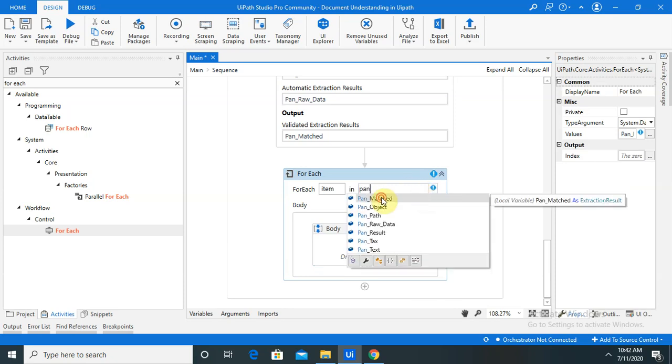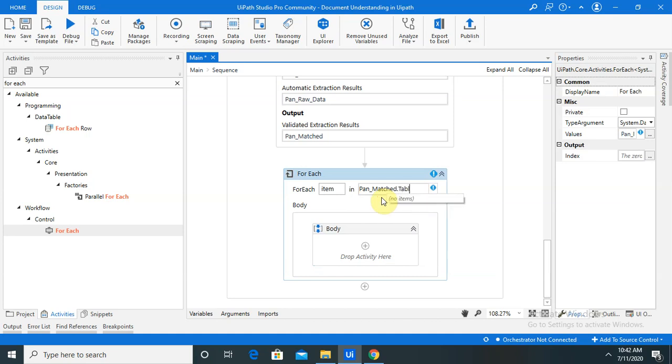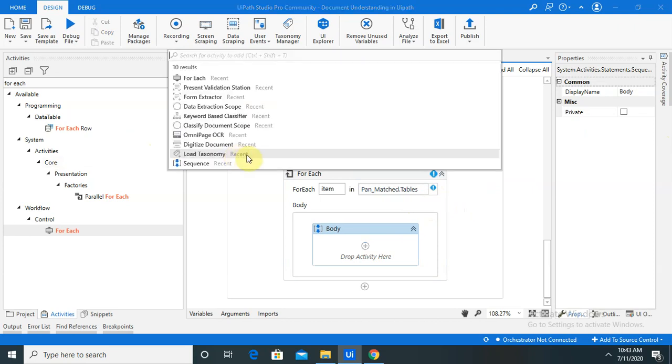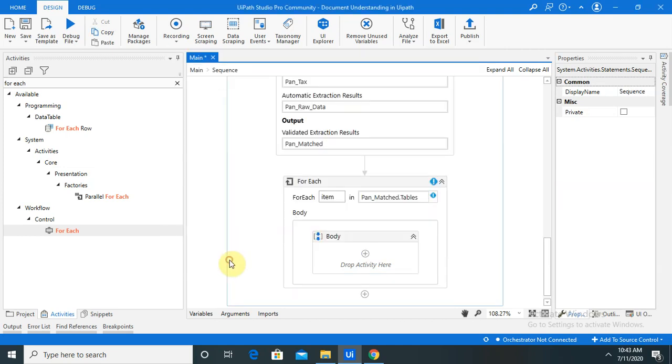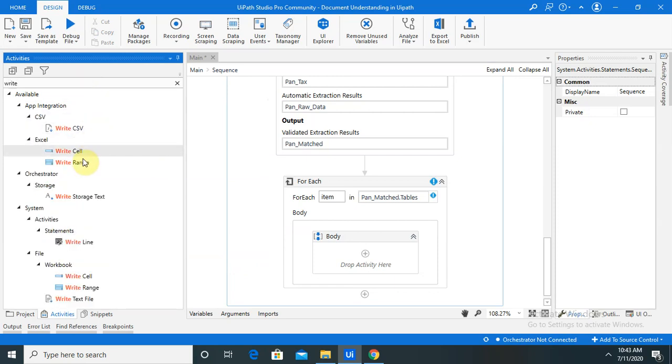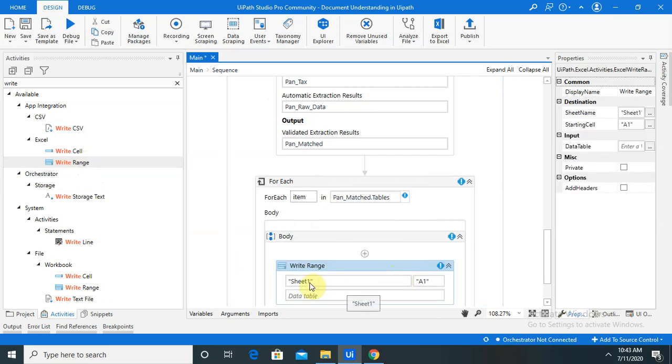So let me dot tables, it did change the status as well, but create and drag and drop write range activity. Let me do that, then we will check it. Write range in Excel, and sheet 1 I am keeping as a